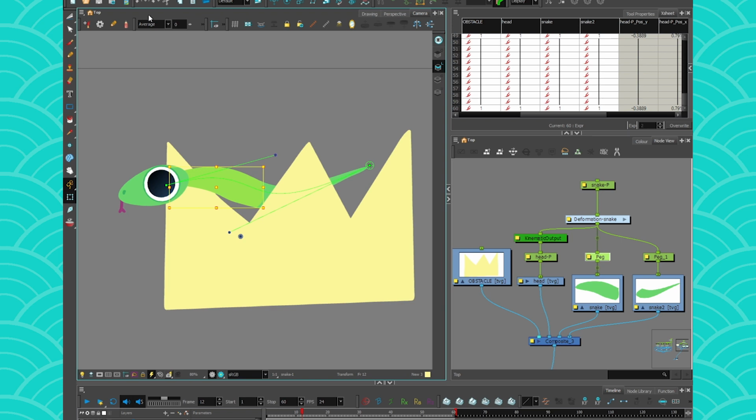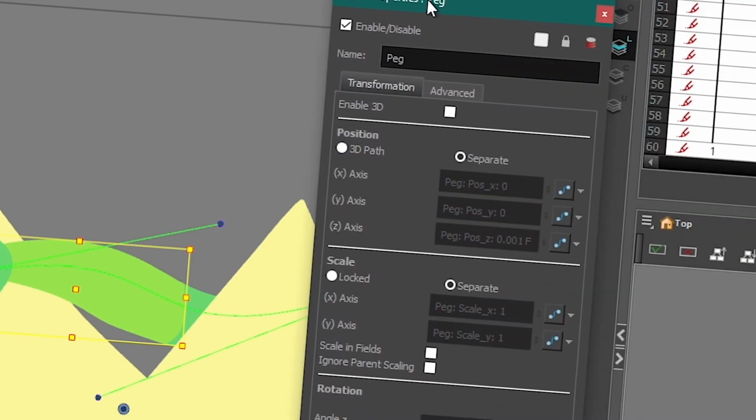So sometimes it's better to just let it loose, but sometimes, like what I'm going to show you now, it's very positive to lock some parameters of a peg. So let's learn how to lock parameters together. You're going to see the explanation was longer than how to do it. It's really simple. So to lock a peg, what we're going to need to do is go inside its properties,